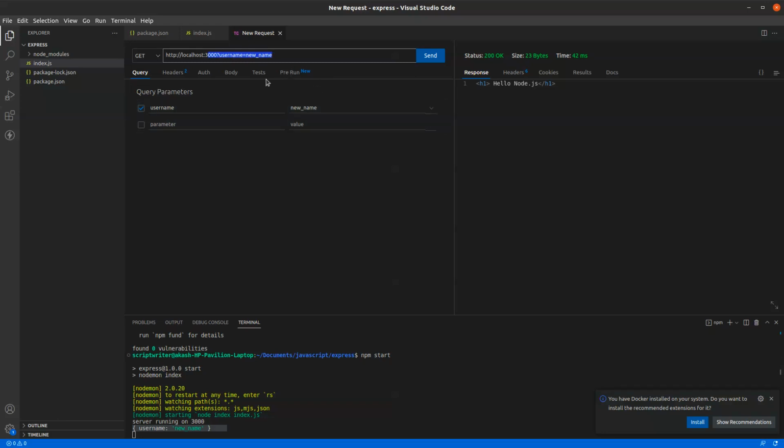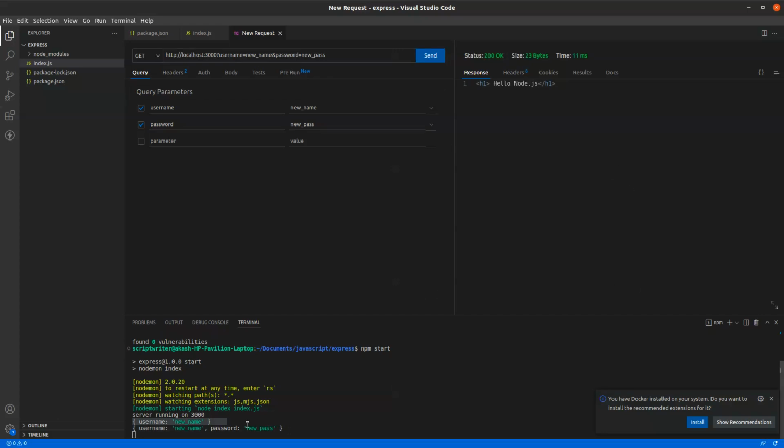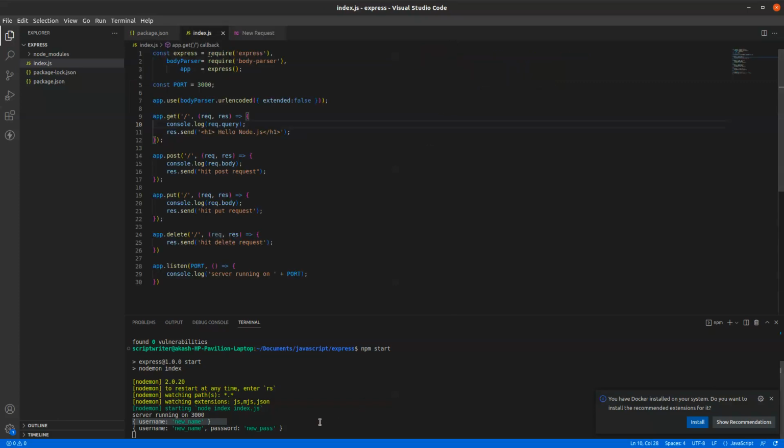The only reason which we use post request for sending data is, for example, if you are in the login page and sending username and password, it will be sent along with the URL, so it will not be a good experience. That's the reason we use post request. Okay, now